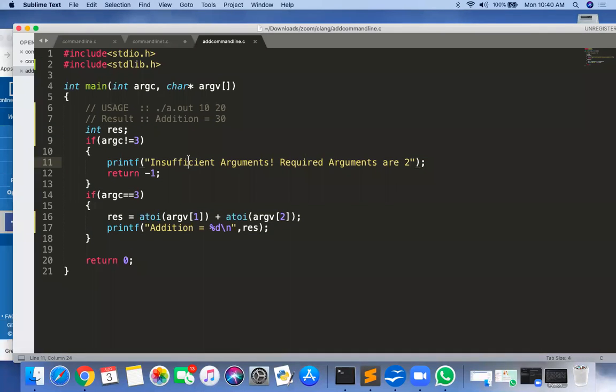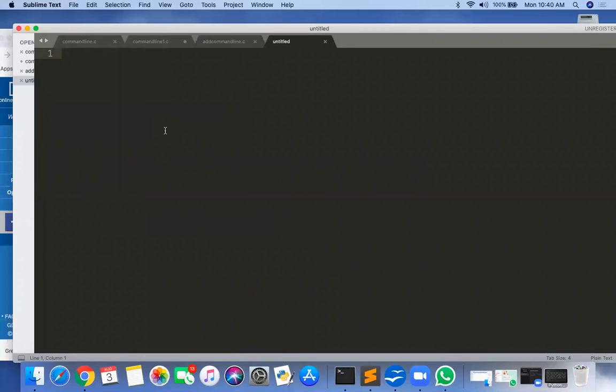So try more programs, the basic programs that you have taken, as user input. Try the user input from the command line itself only. Okay. The next topic is string.